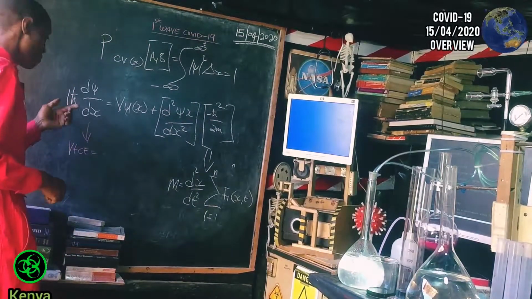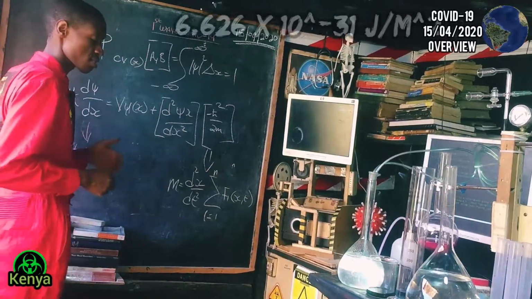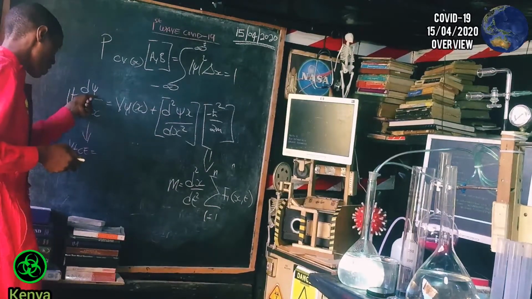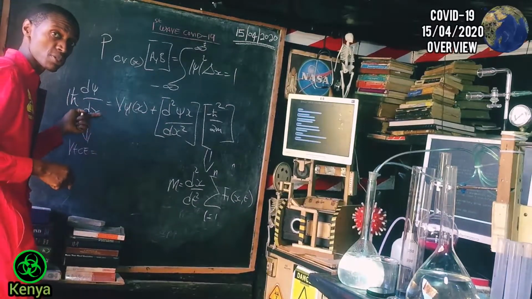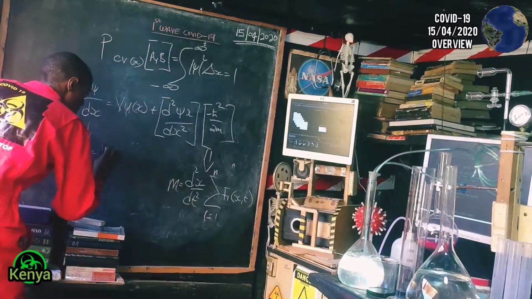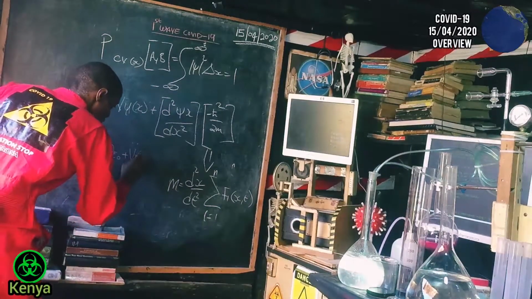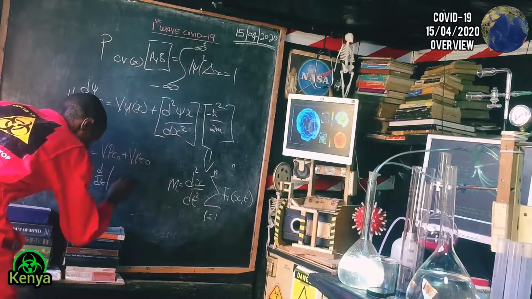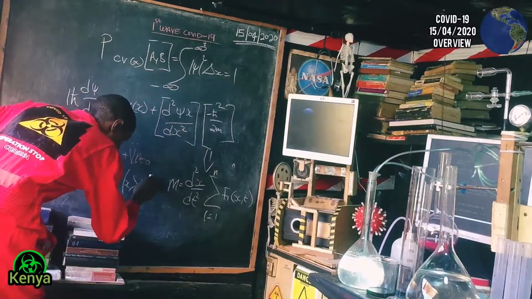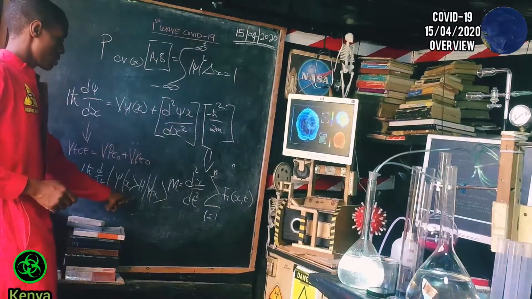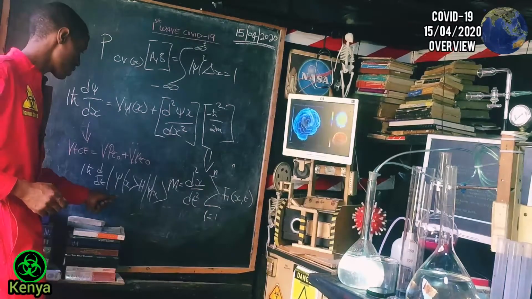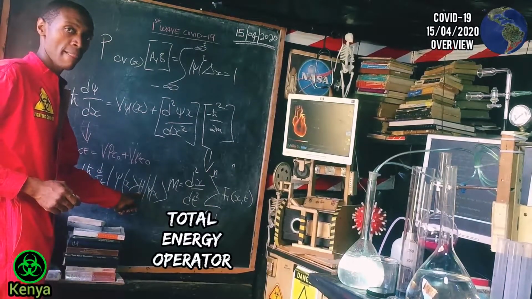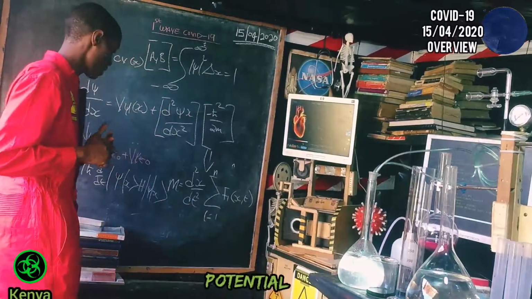meaning this virus's total conserved energy given by i, which is the square root of negative 1 from the complex numbers, by Planck constant, which is 6.626 times 10 to the power negative 31 meters squared, by the first changing wave function of this coronavirus with respect to its changing position, is given by coronavirus potential energy operator plus coronavirus kinetic energy operator, meaning i h bar d by dt in parentheses psi x equals the Hamiltonian operator in parentheses psi x, meaning the coronavirus energy conservation wave function at a certain point along the x-axis is changing with time in a very specific way depending on the total energy operator, that is the kinetic energy operator plus potential energy operator of this virus,